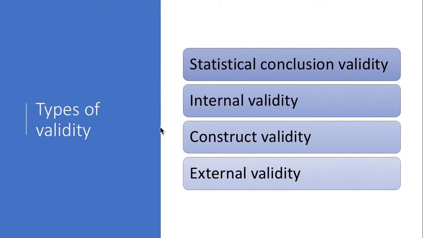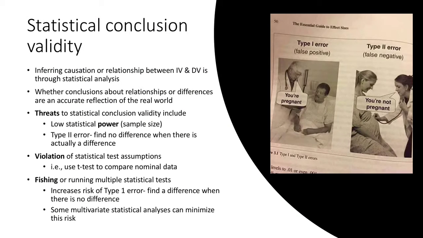So now we're going to talk about what types of validity are out there and important to good study design. First is statistical conclusion validity. We'll talk about internal validity, construct validity, and external validity. So what is statistical conclusion validity? Well, this is